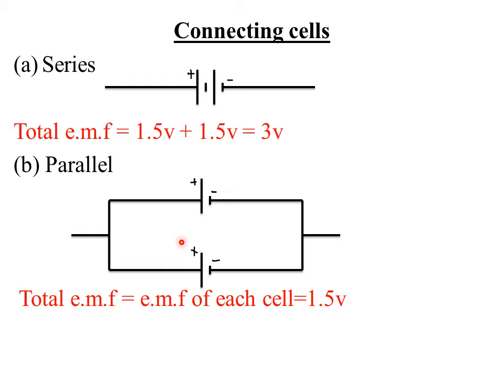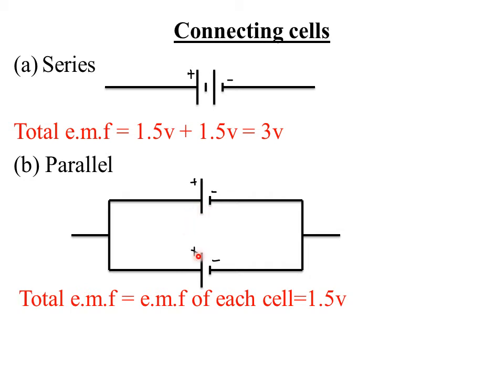Otherwise, one cell will drain current from the other. So if you are connecting 3 cells or even 2 cells in parallel, make sure they have the same EMF. Otherwise, if they have different EMFs, one cell will be